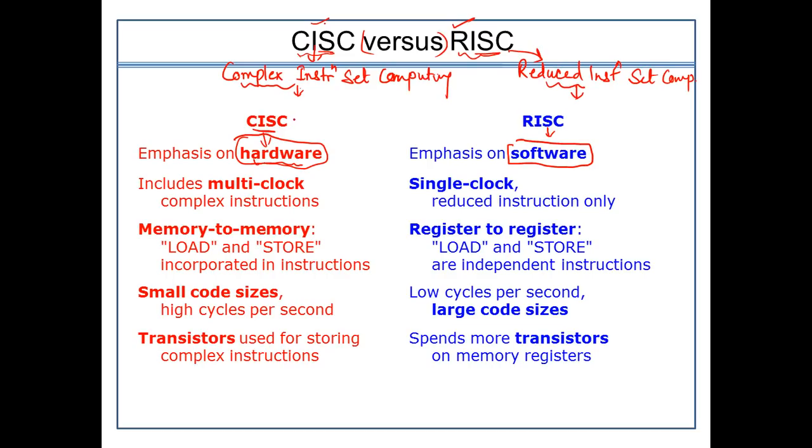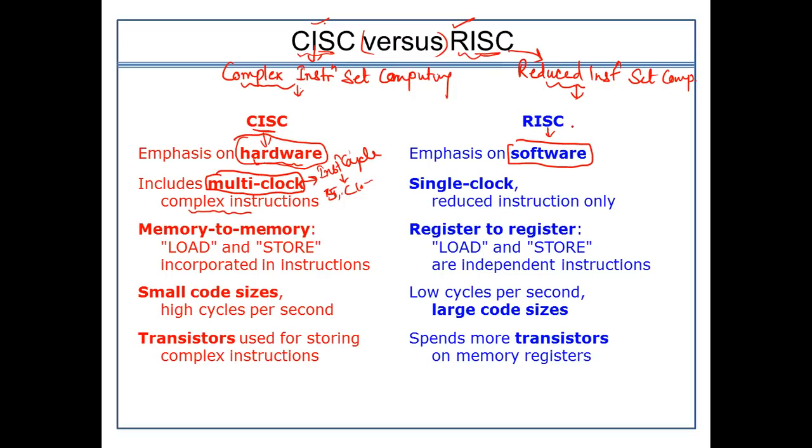Similarly, when there is complex instruction set computing, the instructions are complex, so it might take multiple clocks to execute an instruction. Like the instruction cycle we have learned, we know that the entire instruction will get executed in maybe 4 clock pulses or 5 clock pulses. So multiple clocks are required to perform different phases of the instruction.